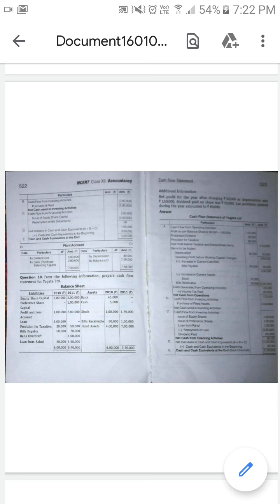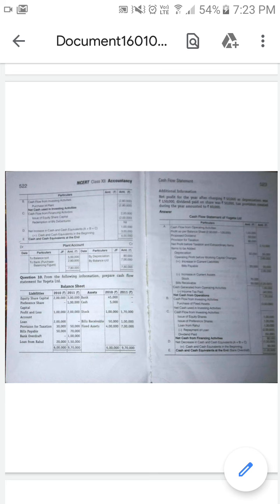First we have to take the profit. If it is a profit and loss account, we will see the balance of the profit and loss account. But in this sum, instead of the profit and loss account, the balance sheet is given. In the balance sheet, on the liability side there is a profit and loss amount, and the amounts for the 2 years are included. 2010 is 1 lakh and 2011 is 2 lakhs. So what is the meaning? There is an increase of 1 lakh compared to 2010.